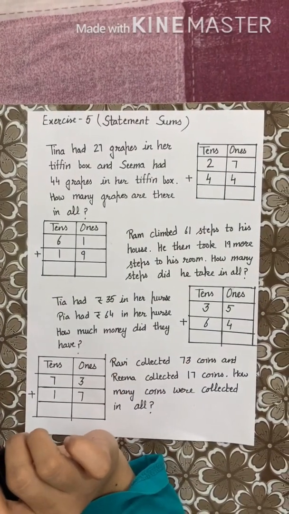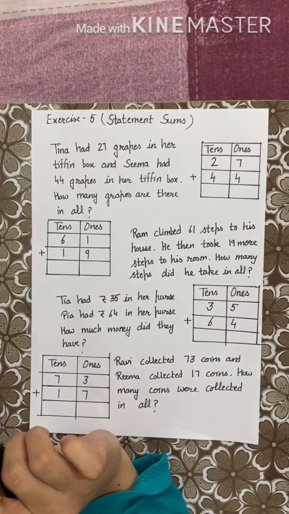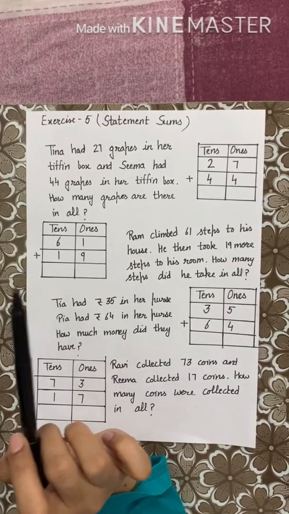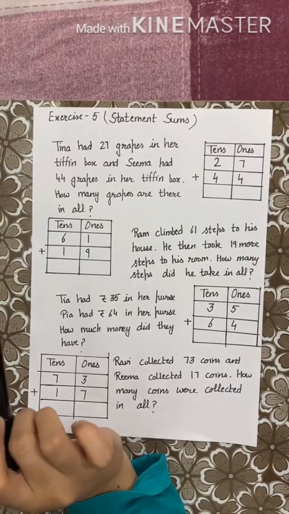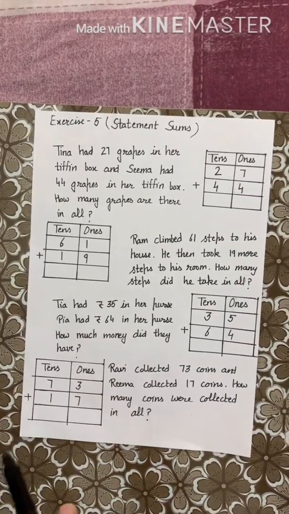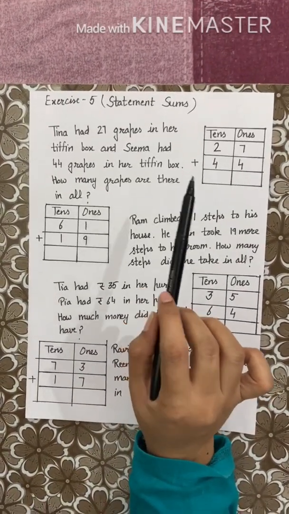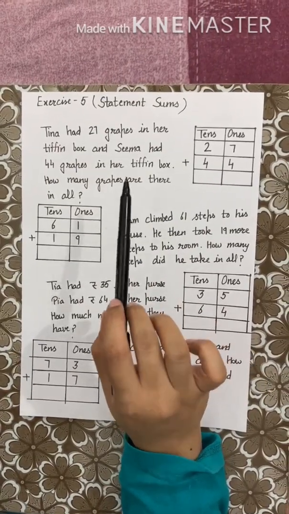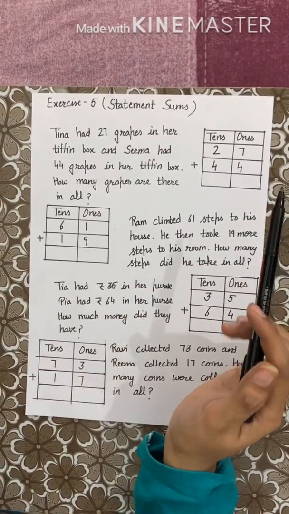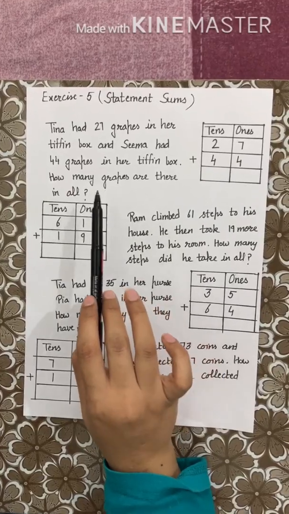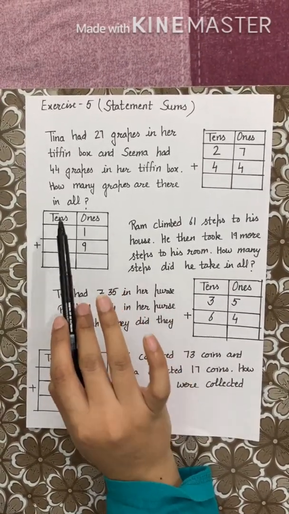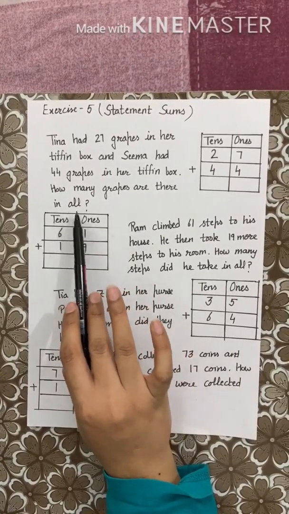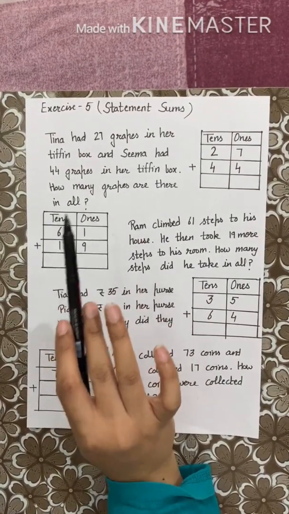Suppose I ask you that in the previous test you got 9 marks out of 10 and in today's test you have got 10 marks. So how much is the total of your marks? What you are going to do in your mind is add the total of both the marks. 9 plus 10 will give you 19. So we are going to add the numbers whenever we need to calculate the total of something. In all, total, whenever we read words like this, we will be adding.